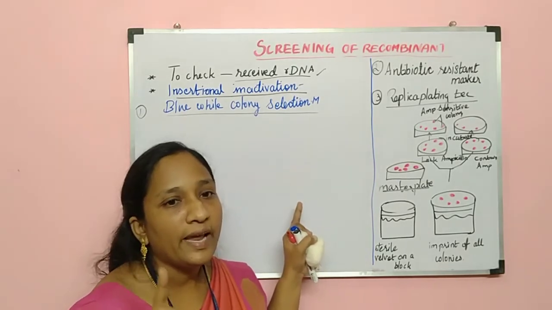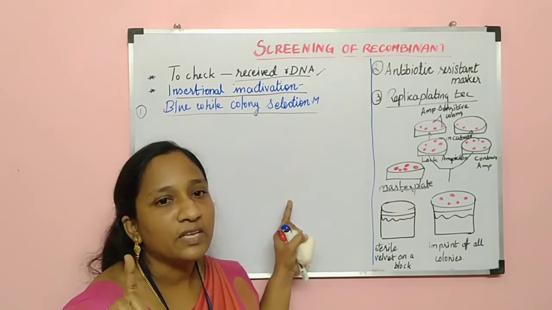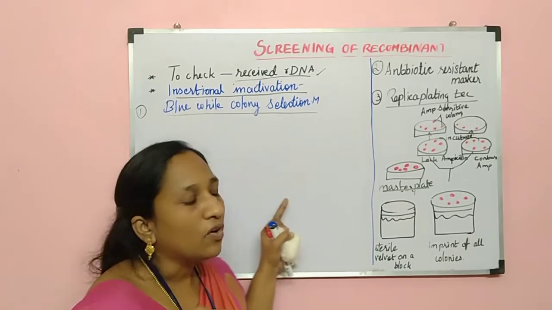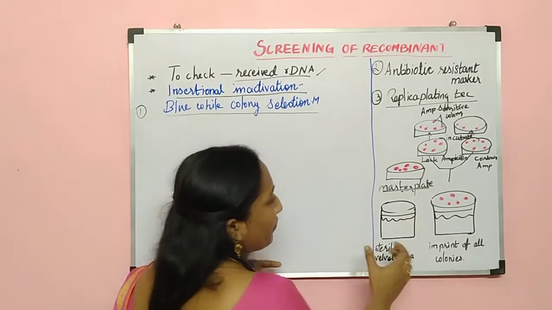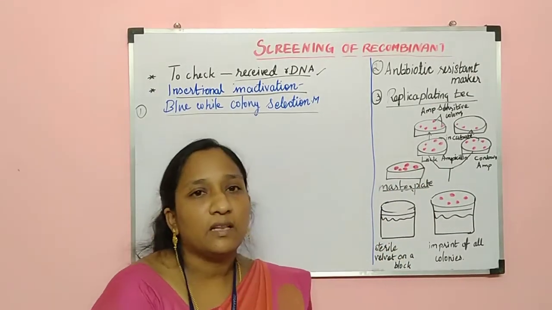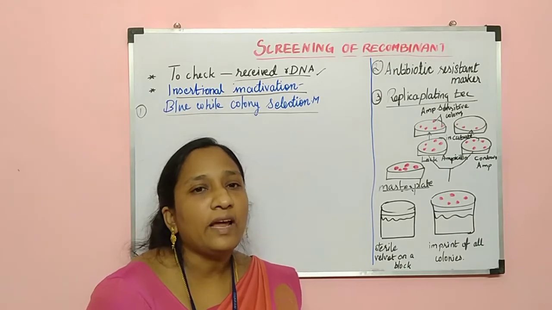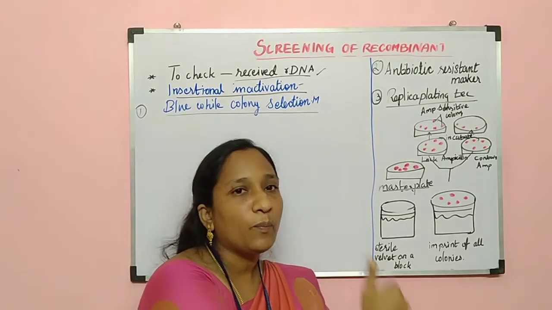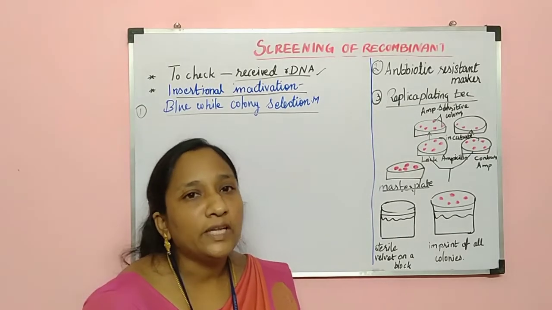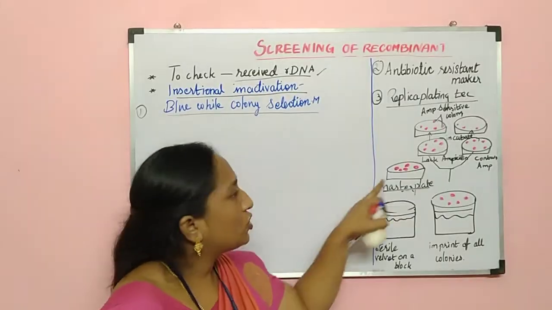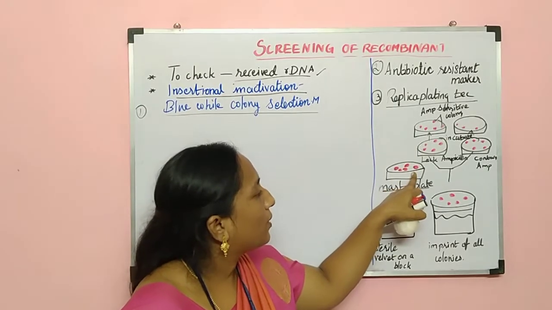What is the foreign DNA? Ampicillin resistance. Okay. So here, first, do you know how to use a seal? A facsimile stamp. How do we use it? We keep the ink pad, press the seal on the ink pad and stamp it on the paper. Like that. So here this is a master plate.